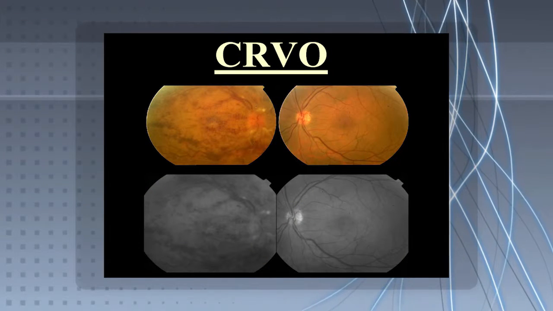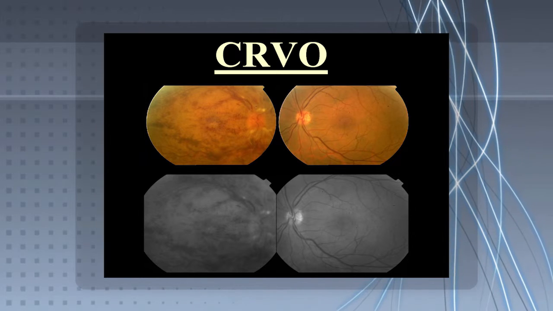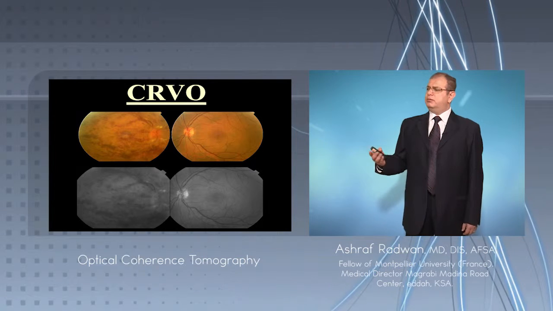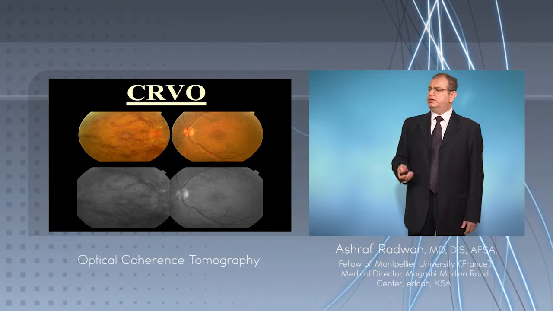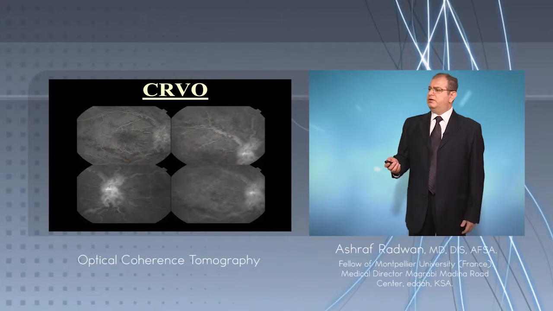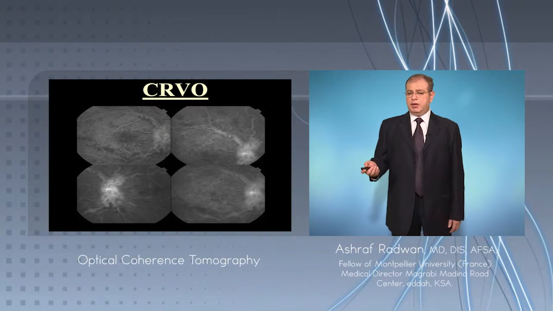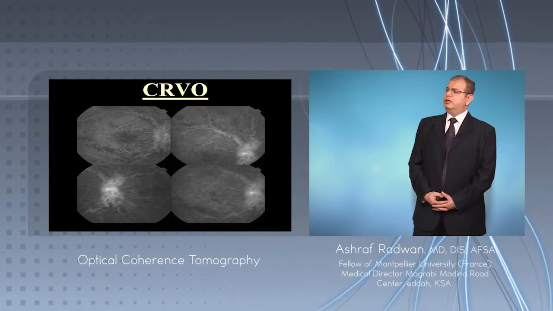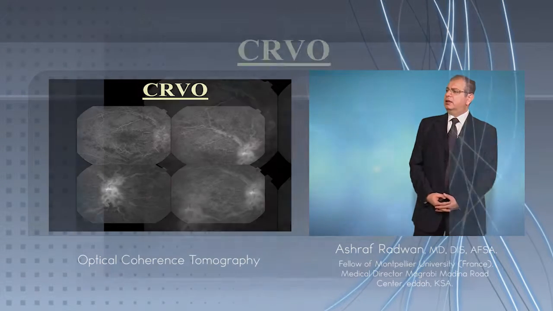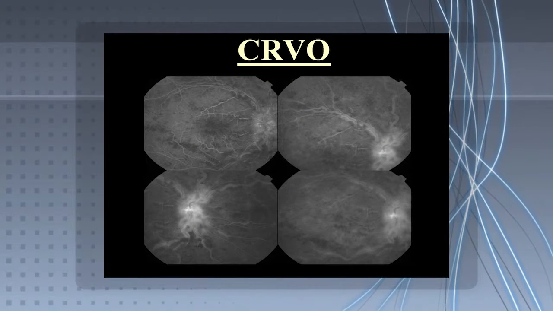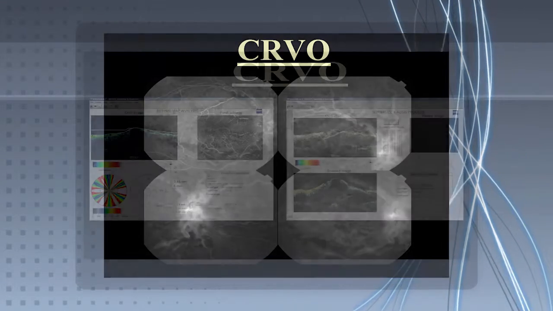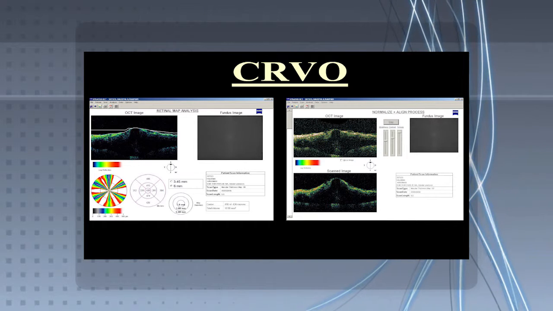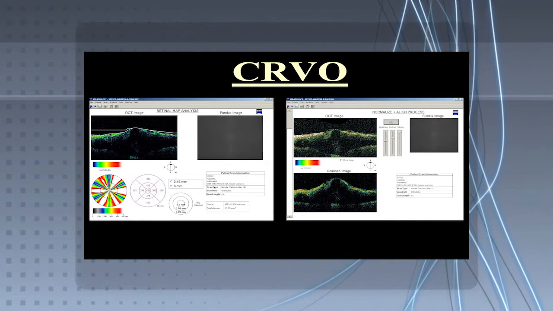In vein occlusion also, as we see here in the right eye, he has engorged veins, intraretinal flame-shaped hemorrhages associated with an important edema. We did the fluorescein angiography. There are no signs of any ischemia, with engorged dilated veins, intraretinal hemorrhages, and late cystoid macular edema in his right eye due to the central retinal vein occlusion. With the OCT, it helps us to measure the importance of this edema and how many microns it is elevated,